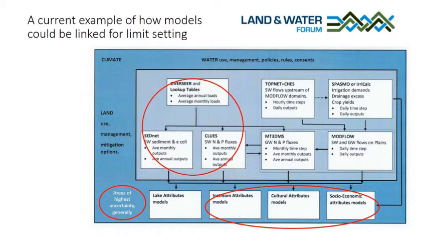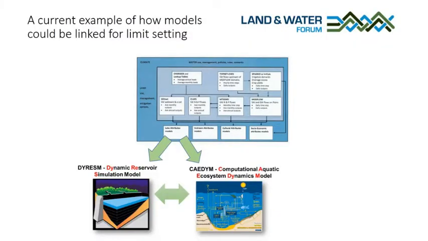As a general rule, this is my take on the current situation: most of the uncertainty on this page lies over here in the water quality space, and in the space of taking the final step, if you like, in the modelling chain to provide us with attribute values in the economics area and so forth. Okay, so just to show you, in the lakes area, we're well served with a couple of models here